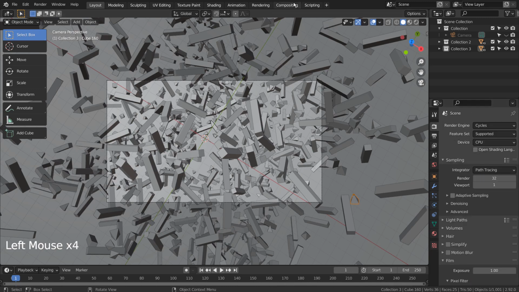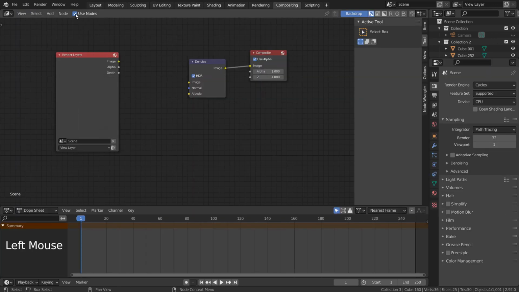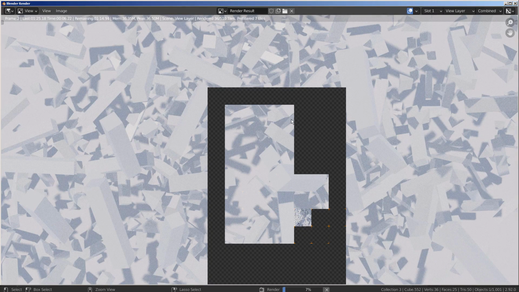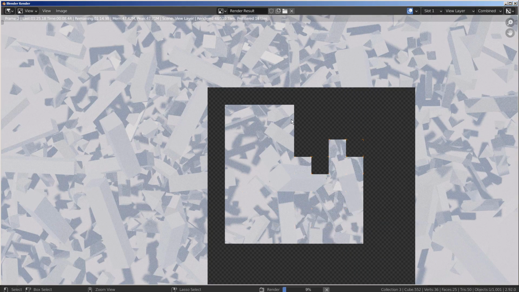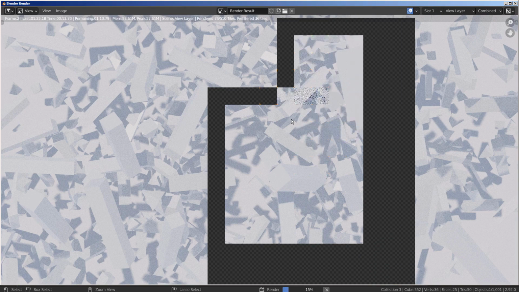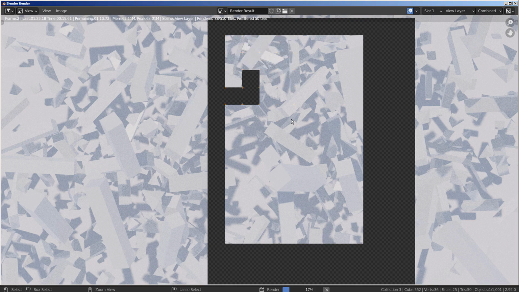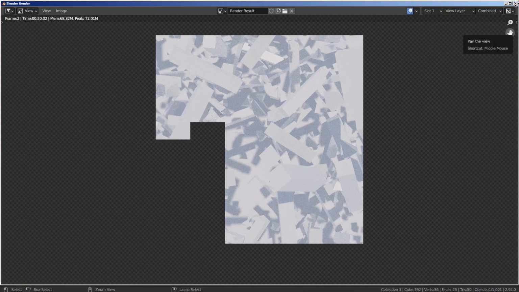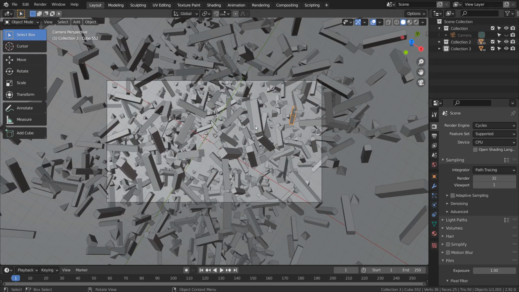Let's turn off Use Nodes under Compositing. I'll also use 32 samples to render. This is a bug. Blender is rendering once again for some reason. Here is the render image.